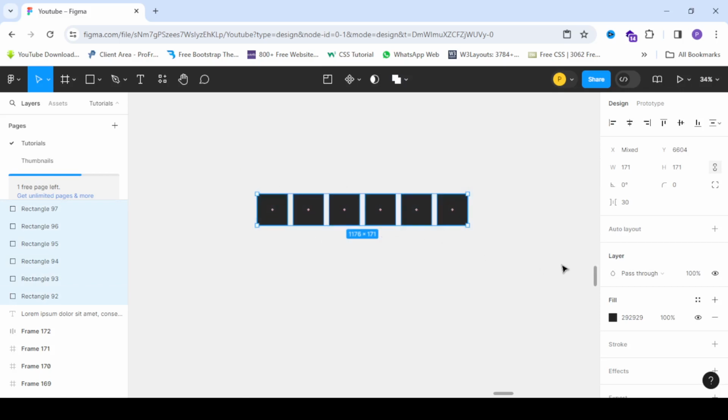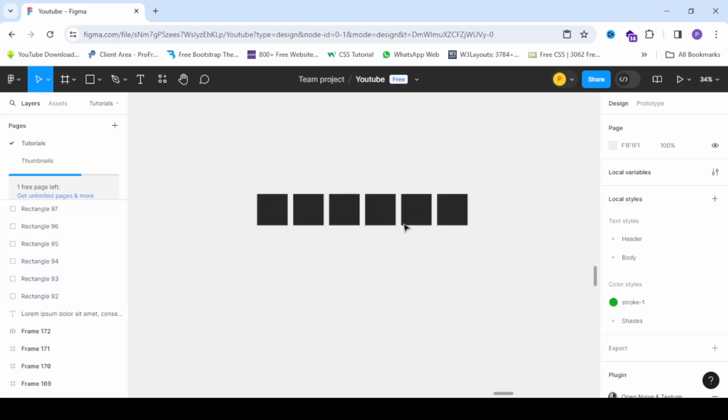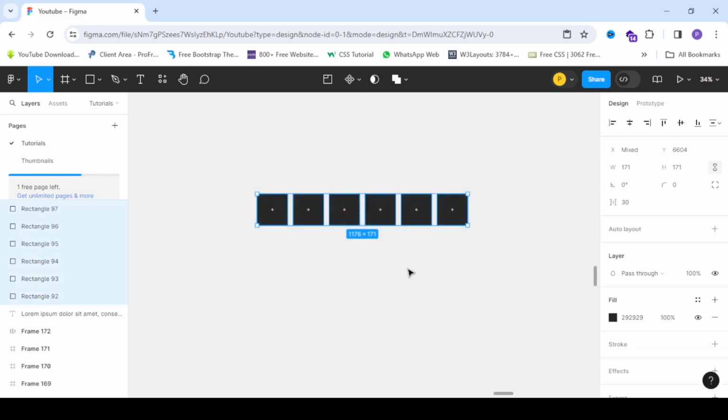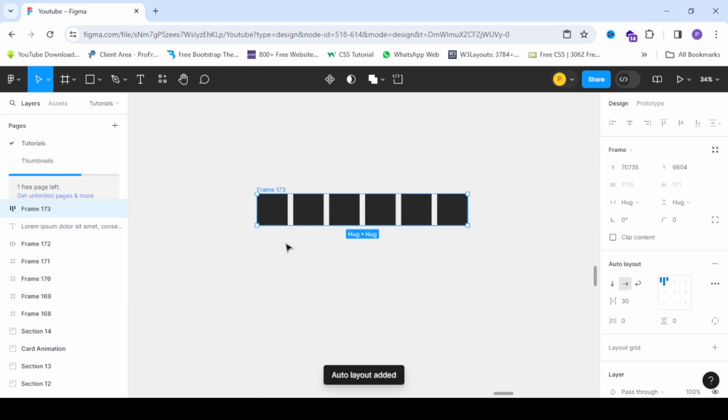click and drag to select all of them together. Now press Shift and A. The shortcut is Shift plus A. Okay, now